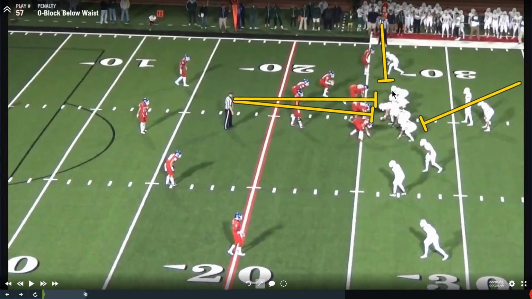So we're going to see a block below the waist by the right tackle there. And who has this action? Well, the answer is there's really 3 people. The primary is the head linesman, secondary would be the umpire, and potentially the referee could get it if he saw it. The referee's focus is on the left side of the line because he is on the right-hand side